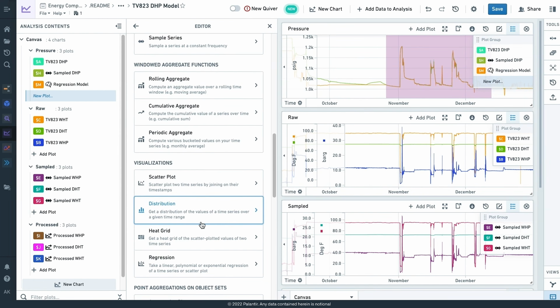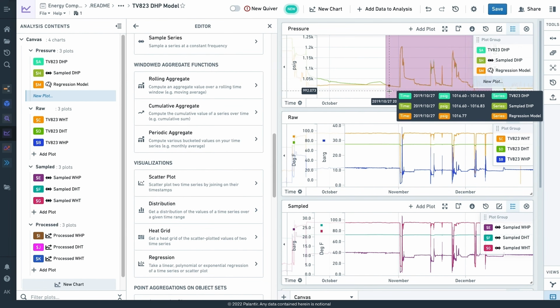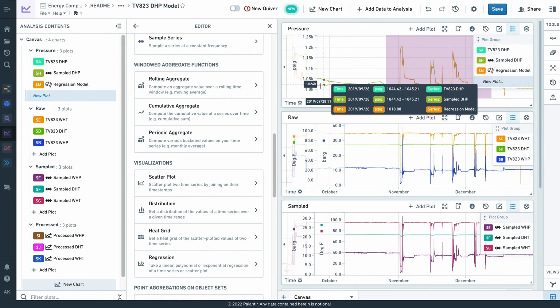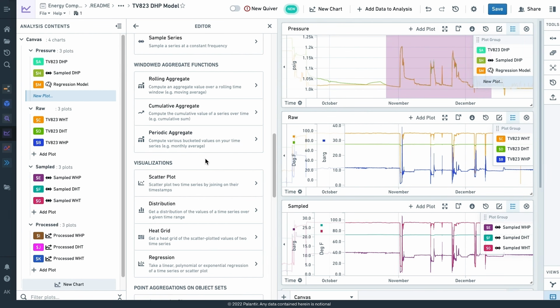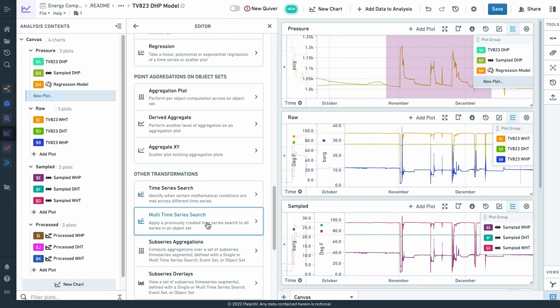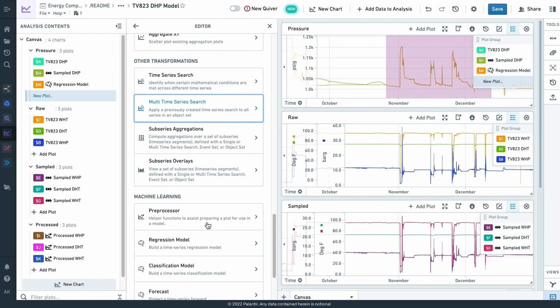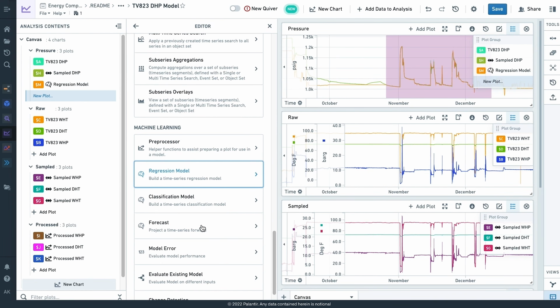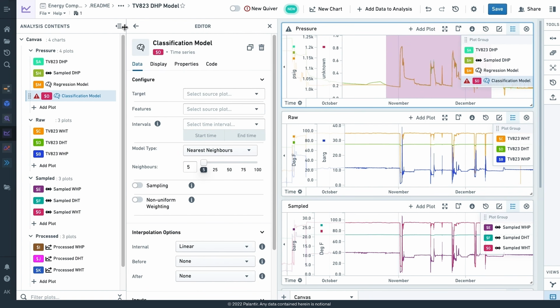And I can actually derive new data here just through point and click. So I can say, give me the summation of these two series, produce another series. Let me actually look at the ongoing differential between these two pressures, and let's produce another pressure. I can even do things that are more sophisticated. Like, let me do a search across these series for any time the difference in these values is beyond a certain threshold. Or let me actually do a point and click training of a first approximation machine learning model. So I actually want to build a classifier.